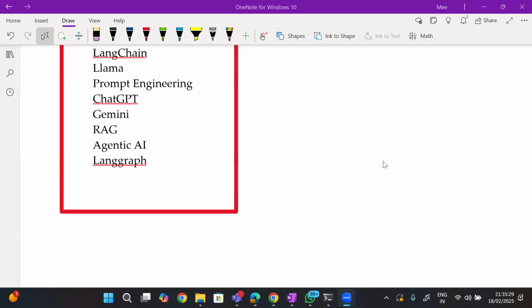I have to fight for this 100 days or 4 months. I don't know how they are completing the complete AI course in 4 months or something, which is not possible at all.